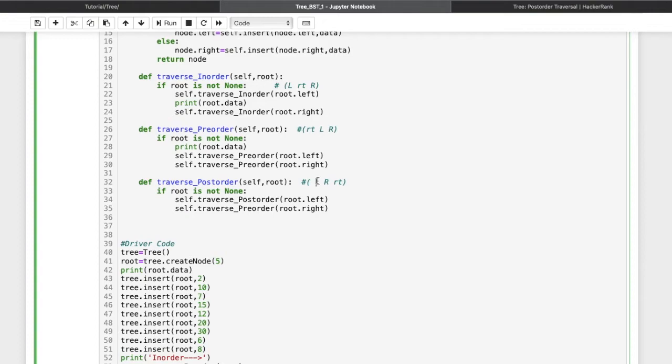After the recursive call of this left, we again call the recursive call for the right side. So let us call the post order again, passing root dot right. So we are done with this left and right recursive call. Next is root. Whenever we see this root, we will simply print root dot data. So let us paste that one. So we are done with this post order code.